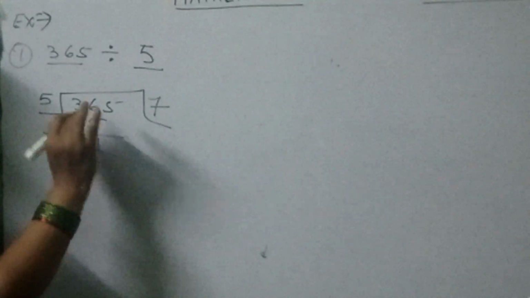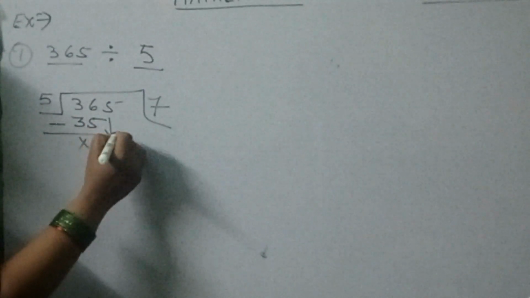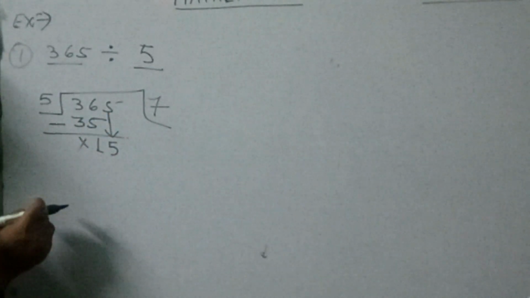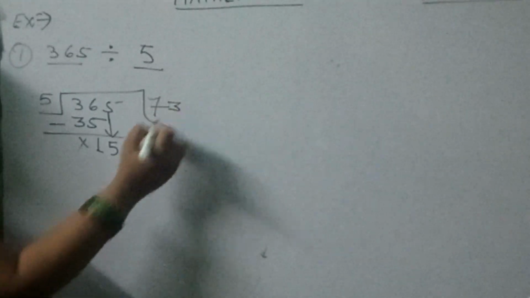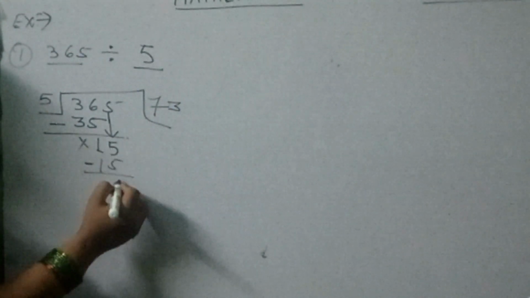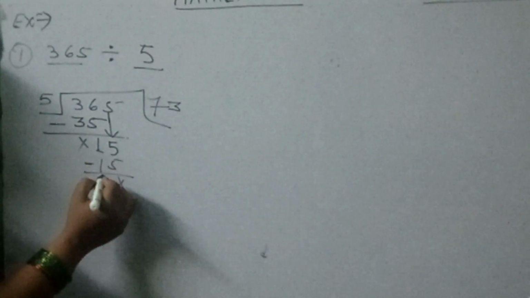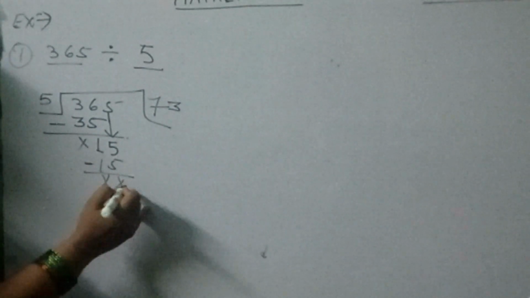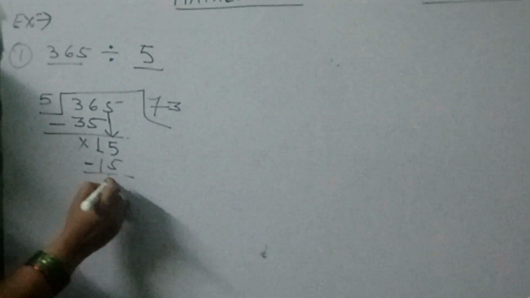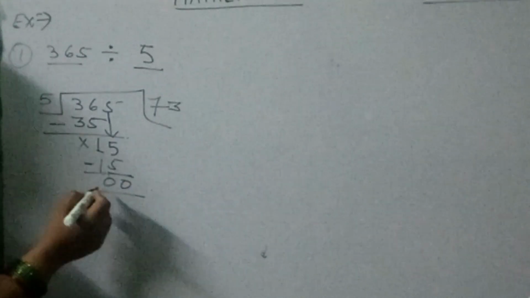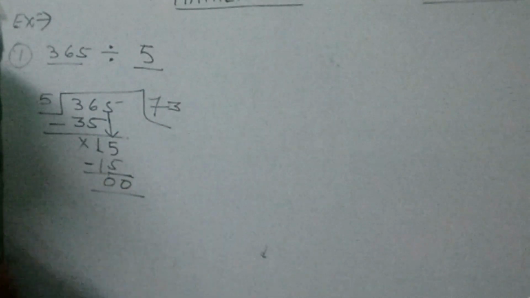Again the next number will come down, this number 5. Read the table. 5 3s are 15. Then 15 minus, put the minus sign here, 5 minus 5 is 0, 1 minus 1 is 0. In place of the cross you can write 0 also, okay? You can write 0 also, or in its place you can put the cross.